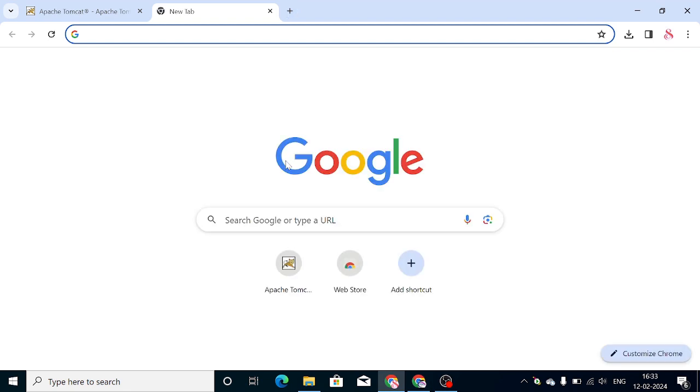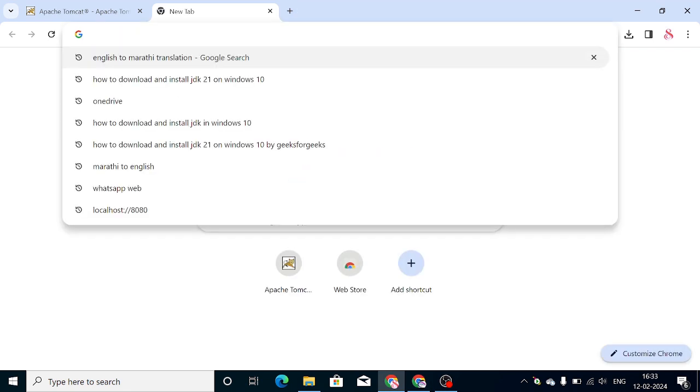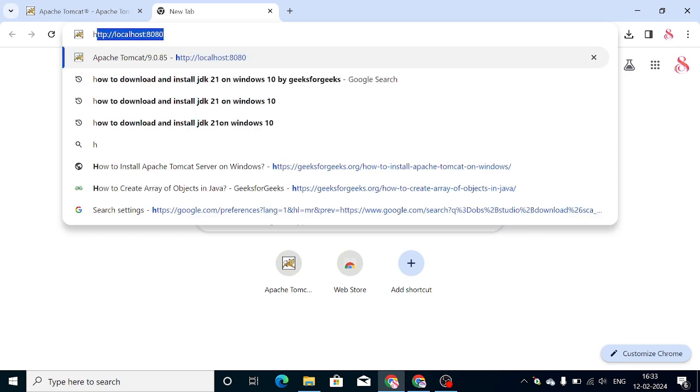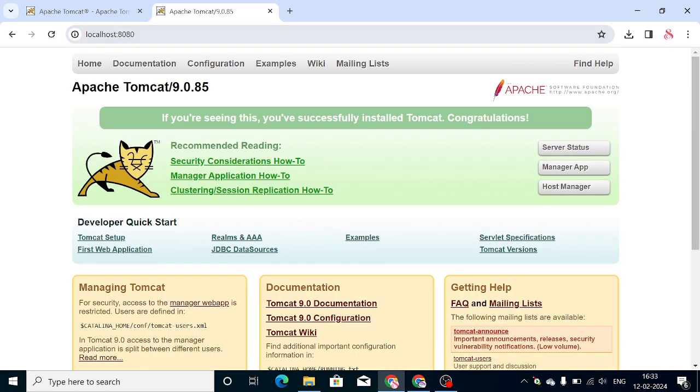You can also check that Tomcat server is running properly on port 8080. So give this link, http://localhost:8080. If you are seeing this, you have successfully installed Tomcat. Congratulations, so our Tomcat server is successfully running on